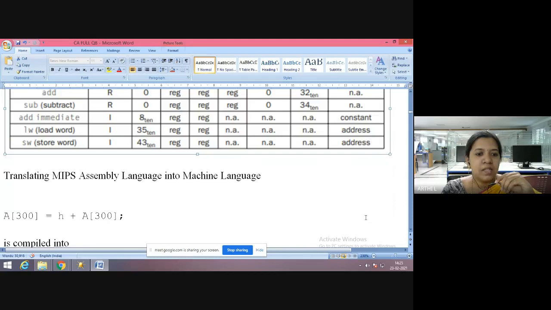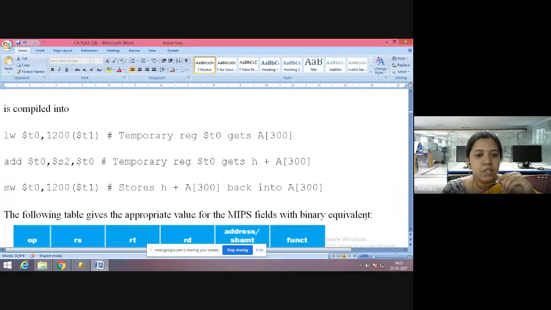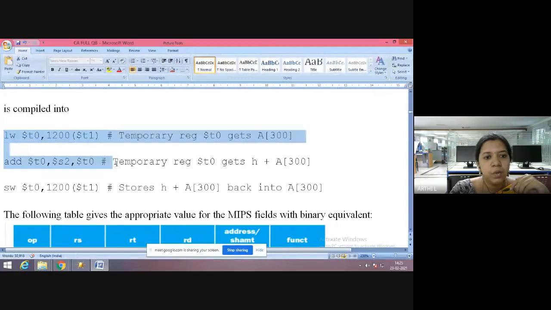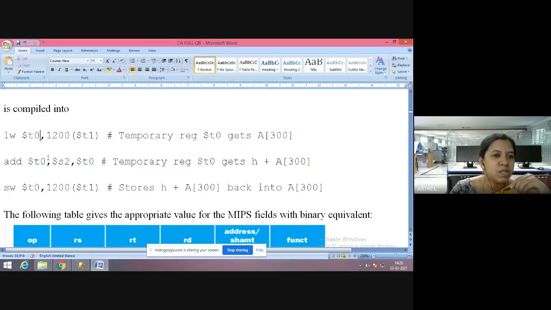Okay, so let's translate the machine language into assembly level language. Here you have a load instruction, which is like a pointer instruction. In a normal load instruction, the address is specified here. 1200 is your address, and the store instruction also has 1200.